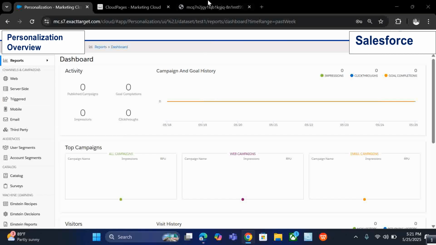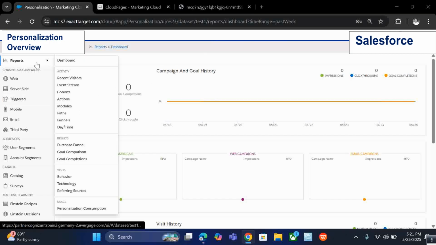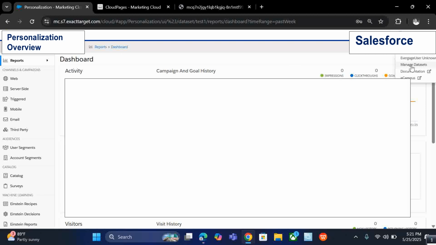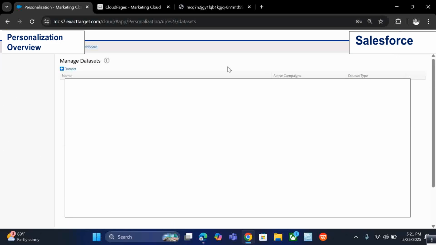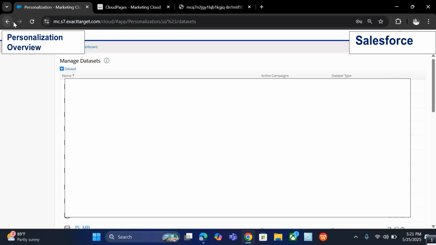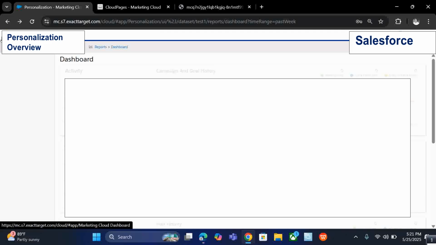To start, this is the kind of dashboard where you will initially come in when you are logging into personalization. Here on the right hand side, if I go here, you will see manage data sets. If you click here, you can create a new data set from here. Since our data set is already created, I will just